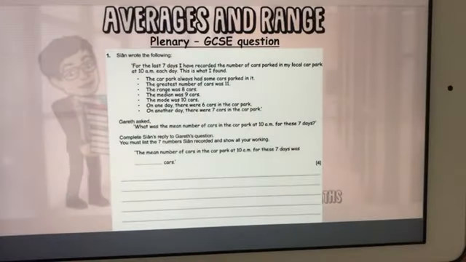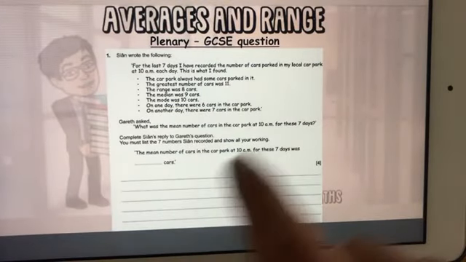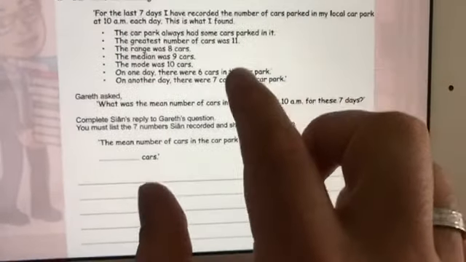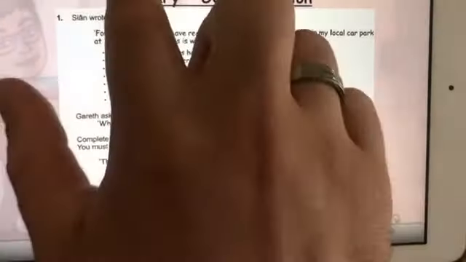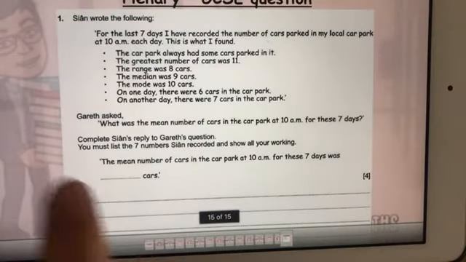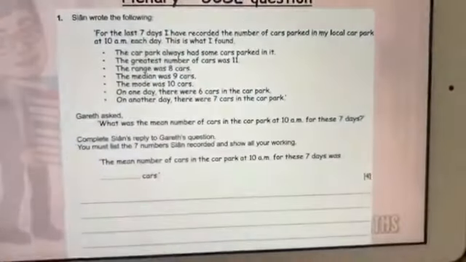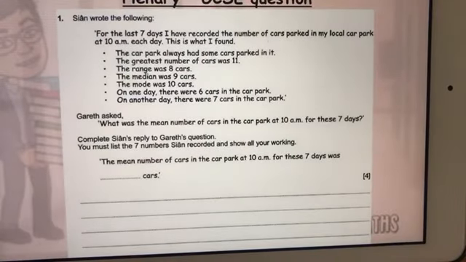Last minute on this. Okay, so let me go through this one by one. Okay, I know this is quite far away, so you'll have to bear with that. It's a little bit far away, but I'm just going to try and go through it as best I can in as much detail as I can. So for the last 7 days, I've recorded the number of cars that visited a certain car park at 10 a.m. each day. This is what I found. The answer is very straightforward, and it's actually